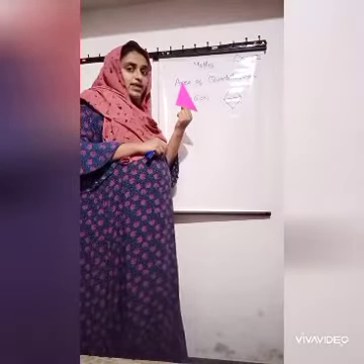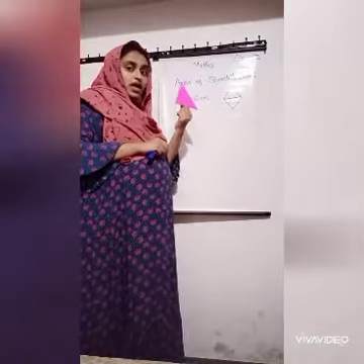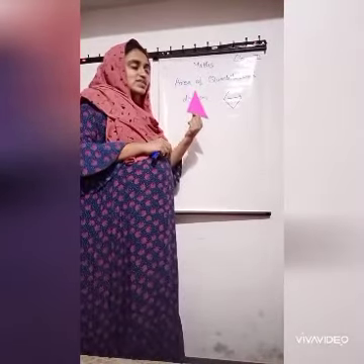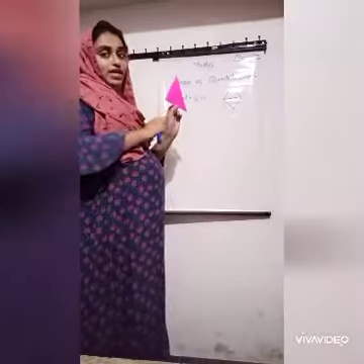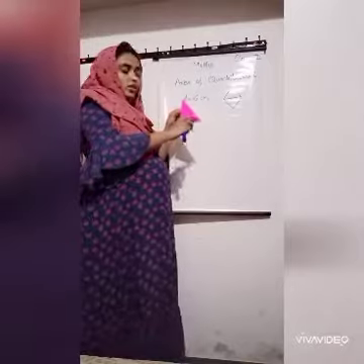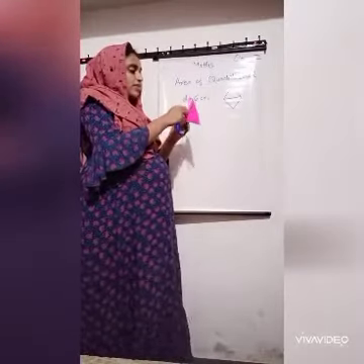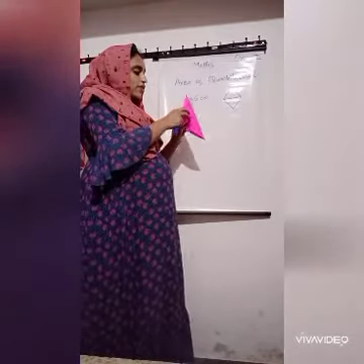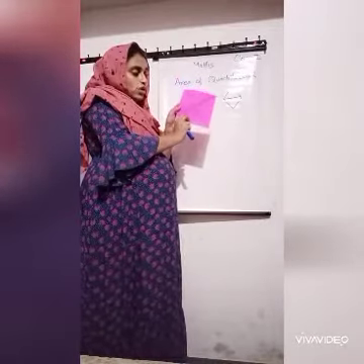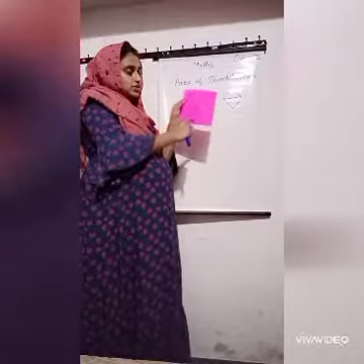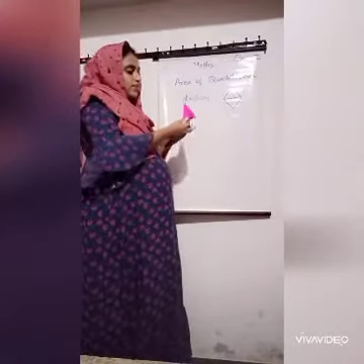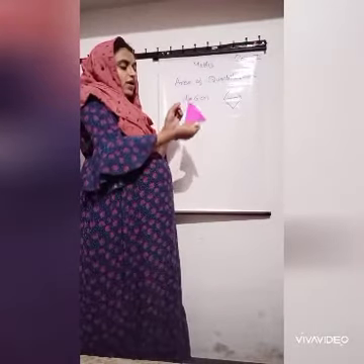It is a right angled triangle. It is good. Any other? Very good. It is an isosceles triangle. What is the property of an isosceles triangle? Yes, two sides are equal in an isosceles triangle. So, how many types of triangle did we get? If I divide one square, how many triangles do I get? 1, 2, 3, 4. Yes, very good. I got 4 triangles. I need to find the area of this triangle.